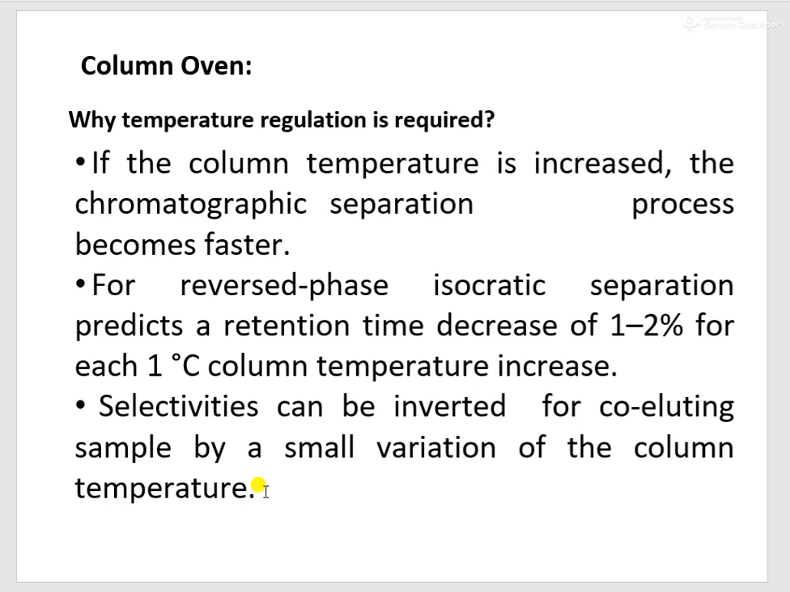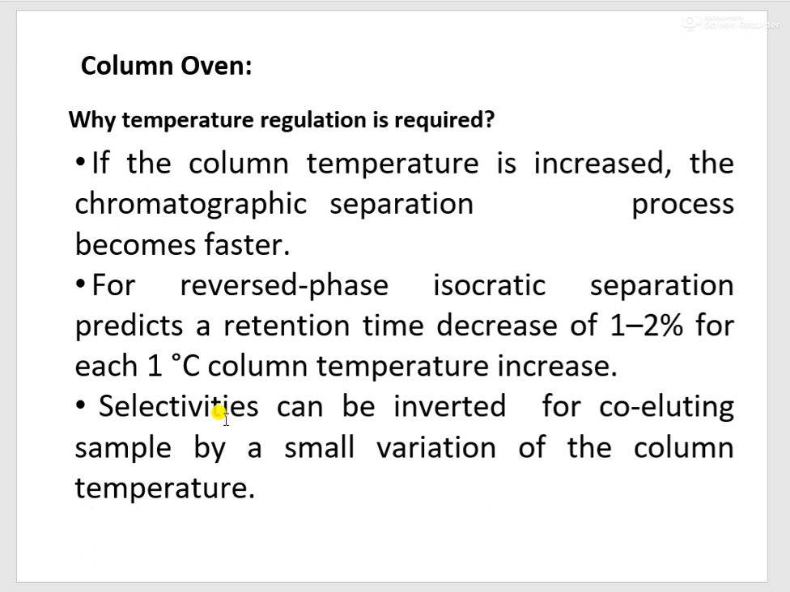And another important advantage of column oven temperature is that if you increase the column oven temperature, the chromatographic separation process become faster. Also, there will be 1 to 2% decrease in retention time if you increase the temperature by 1 degree centigrade. And also, you can achieve better selectivity for co-eluting sample if you do small variation in column oven or column